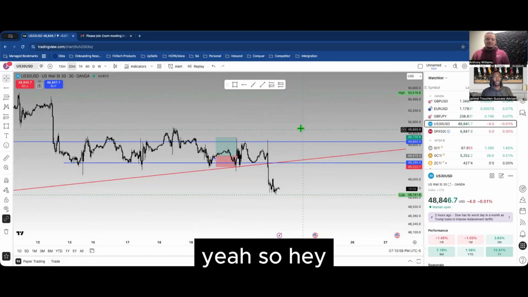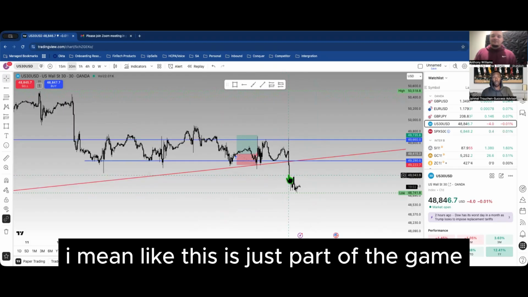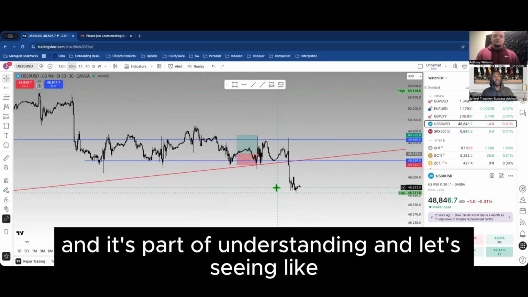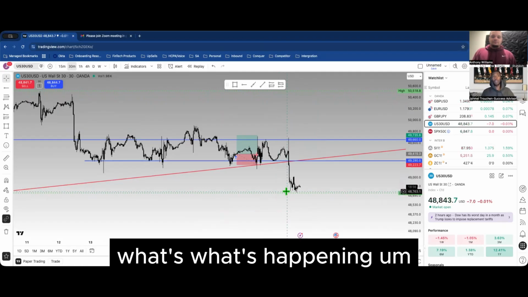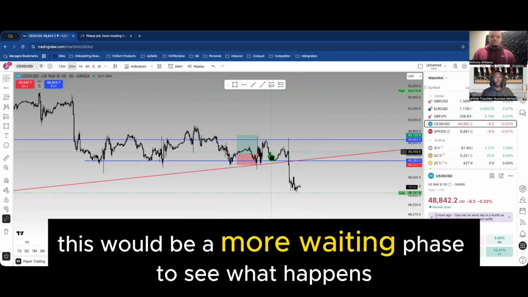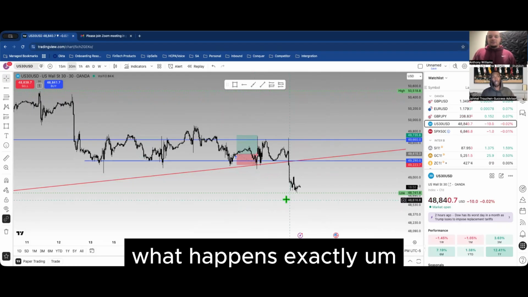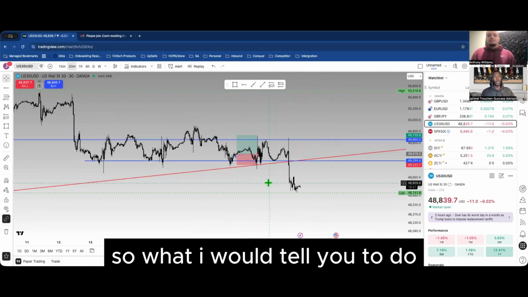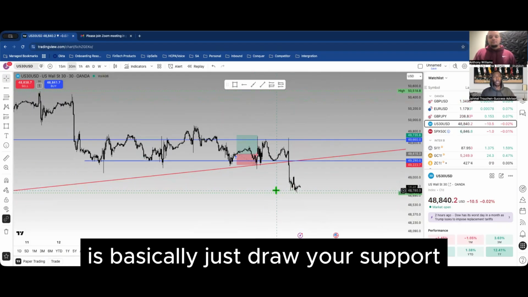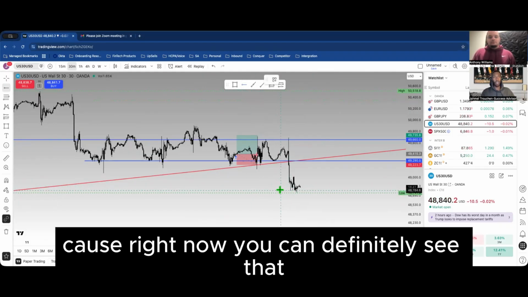This is just part of the game. It's part of understanding and seeing what's happening. Now this would be more of a waiting phase to see what happens next. Exactly. So what I would tell you to do is basically just draw your support level right here, because right now you can definitely see that